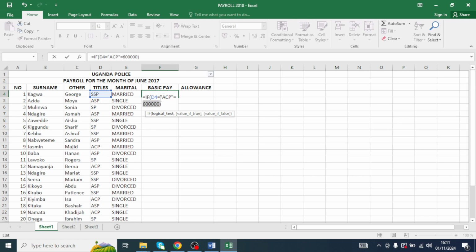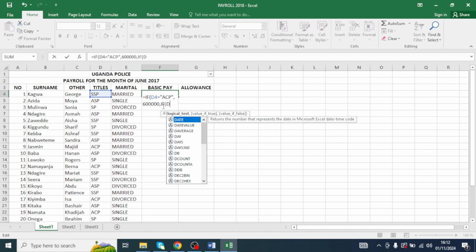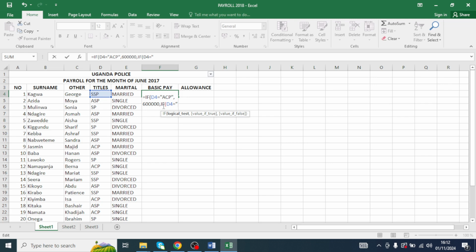If D4 is equal to ASP, comma, 600,000. Yes, I think it's going to move like this. If D4 is equal to ASP, comma, 600,000. Yes, it's going to move like that. So let me put another argument of if D4 is equal to, in quotes, SP, comma, 555, 1, 2, 3,